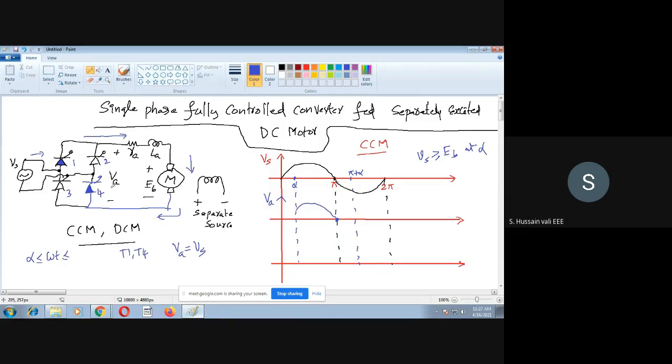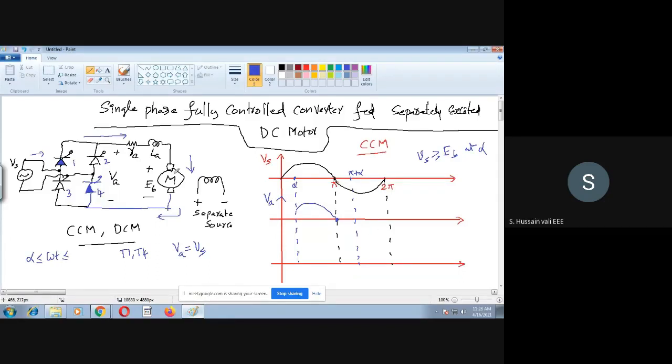Because there is no freewheeling diode in this case, whereas earlier there was a freewheeling diode. In those cases the thyristor did not need to conduct. But in this circuit diagram which I have drawn, there is no freewheeling diode, so definitely it will force 1 and 4. If it has a freewheeling diode, then it won't force 1 and 4. Simply it will conduct through the freewheeling diode. When it is conducting through the freewheeling diode, the voltage at the output of your converter is zero, because the freewheeling diode is conducting. So it's a short circuit. That's the waveform you will get after pi when you have the freewheeling diode.